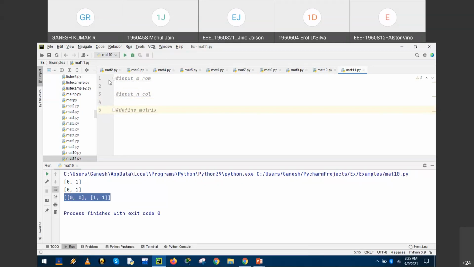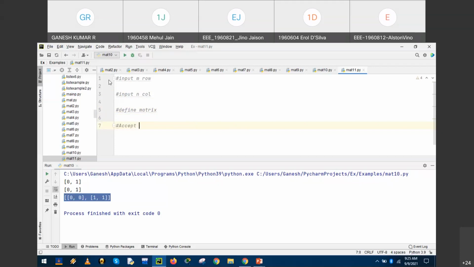We had already seen. Okay, so for I in range of the function which represents row, and for j in range of column definition. So that is we define the matrix. Okay, after defining, we have to supply input, right?